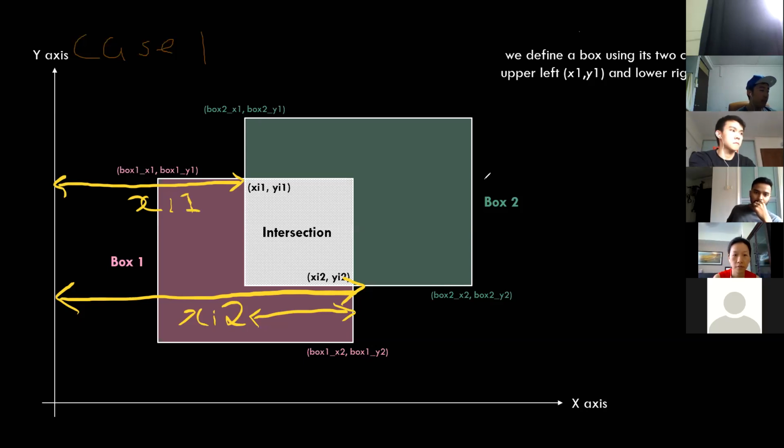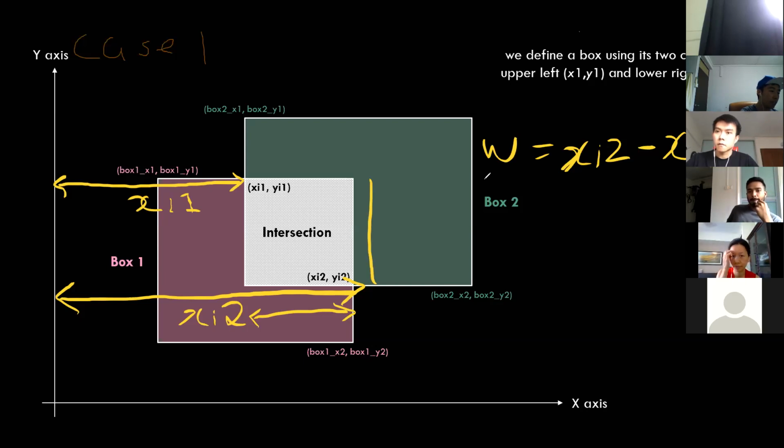Simple, right? xi2 minus xi1. And then you will get the width: W equals xi2 minus xi1. Then the next thing you want to get is the length. You want to get this. So length is equal to